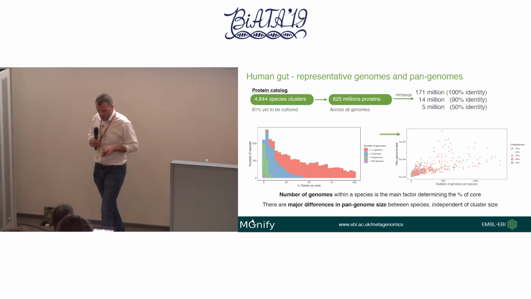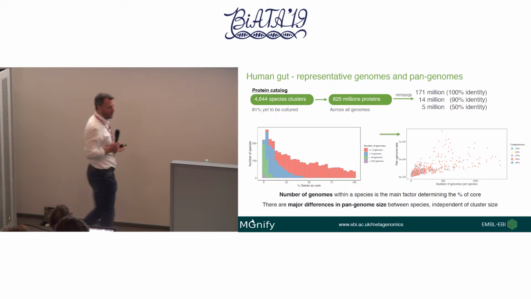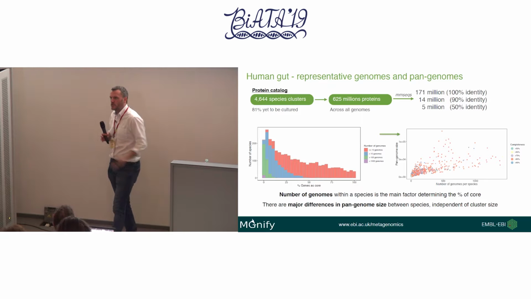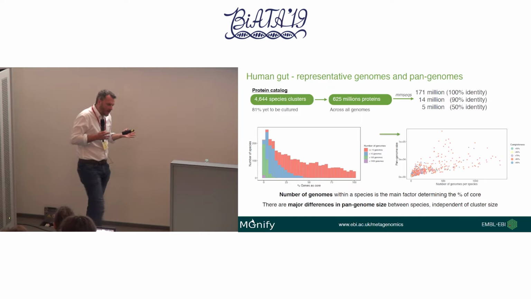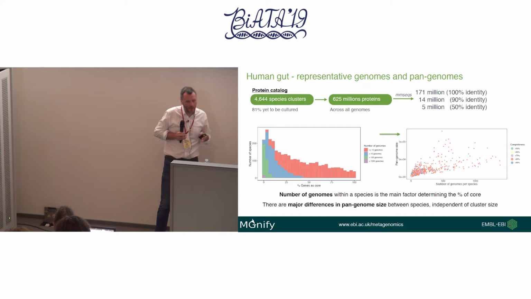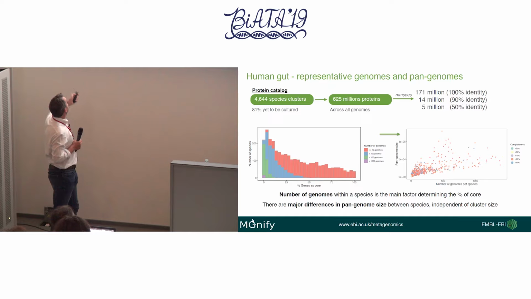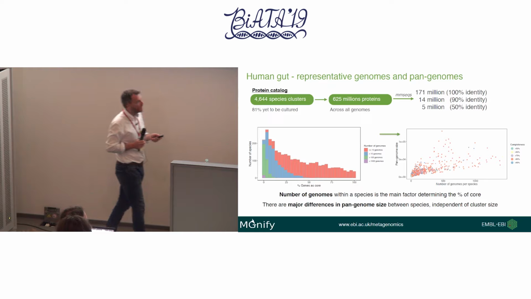It will come as no great surprise that the more genomes that you have, and this graph is looking at the number of core genes, the more genomes that you have that represent that species, the fewer the number of core genes. So it's inversely proportional to the number of genomes. And that's not really surprising. As you add a new genome, the chances of a protein being found across everything diminish, so at that sort of clustering level, the core genes diminish as a fraction of the actual proteome, and you're just left with the core housekeeping genes.